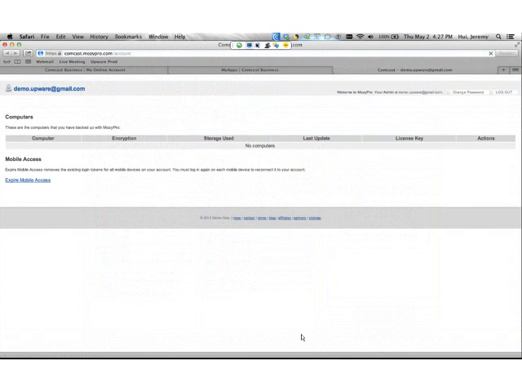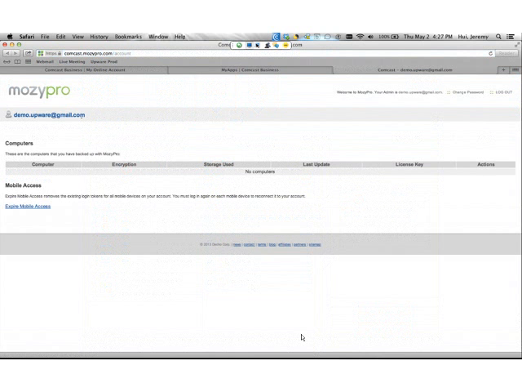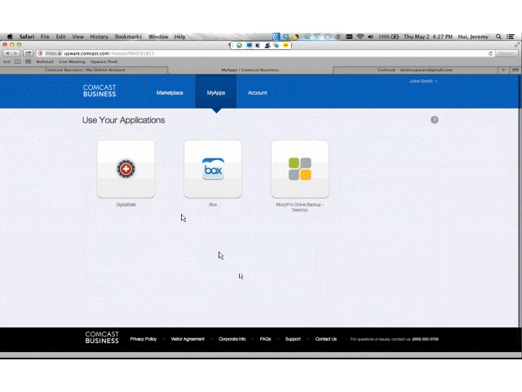So if I'm working with this Mozy product, which is the online backup tool, it's going to single sign on me to this Mozy product from the marketplace. And here I'm single signed on with my user ID, and I'm able to start using the Mozy product. So essentially this is a one-stop shop for one to use all their applications. You'll see here that I have Box as well. If I went and clicked on Box,